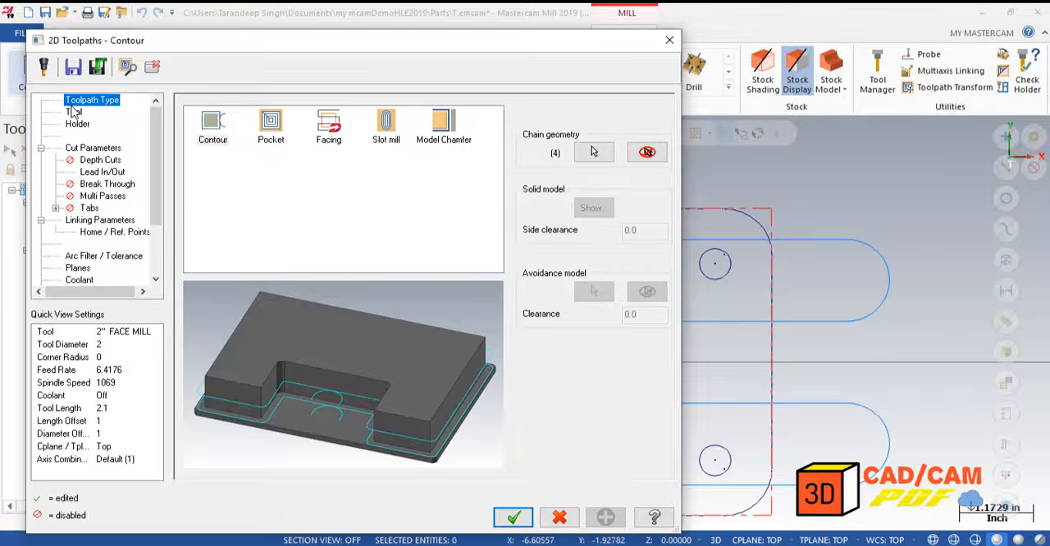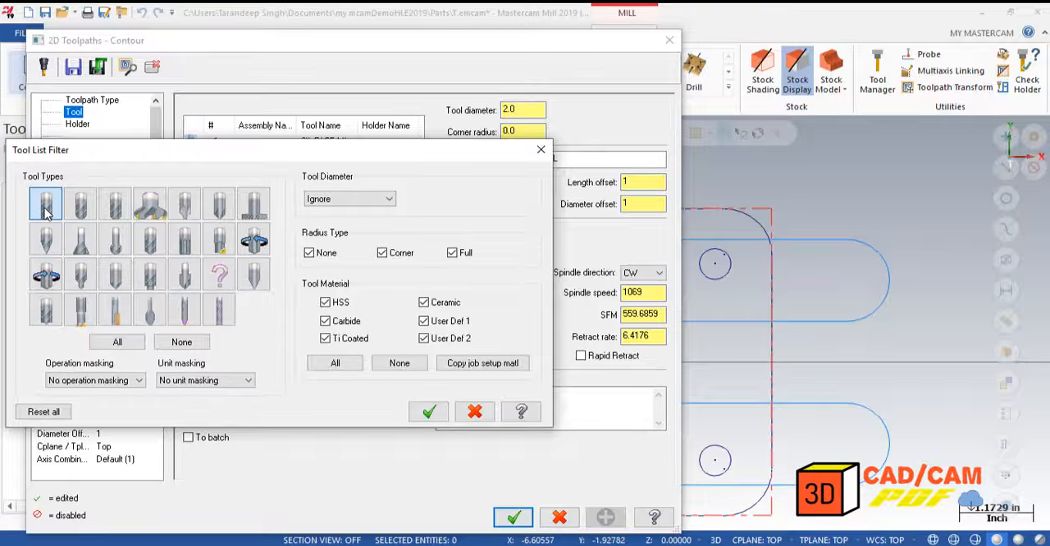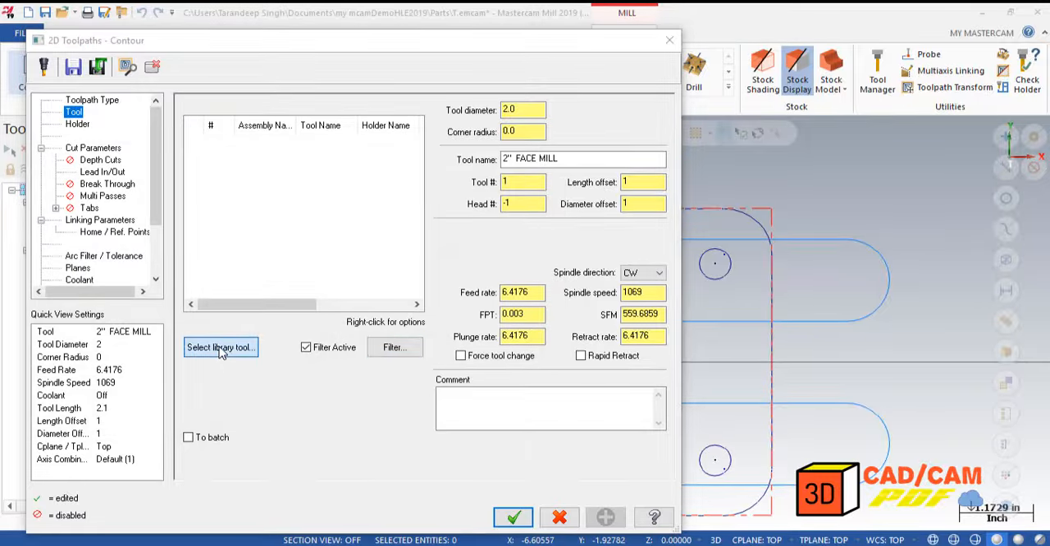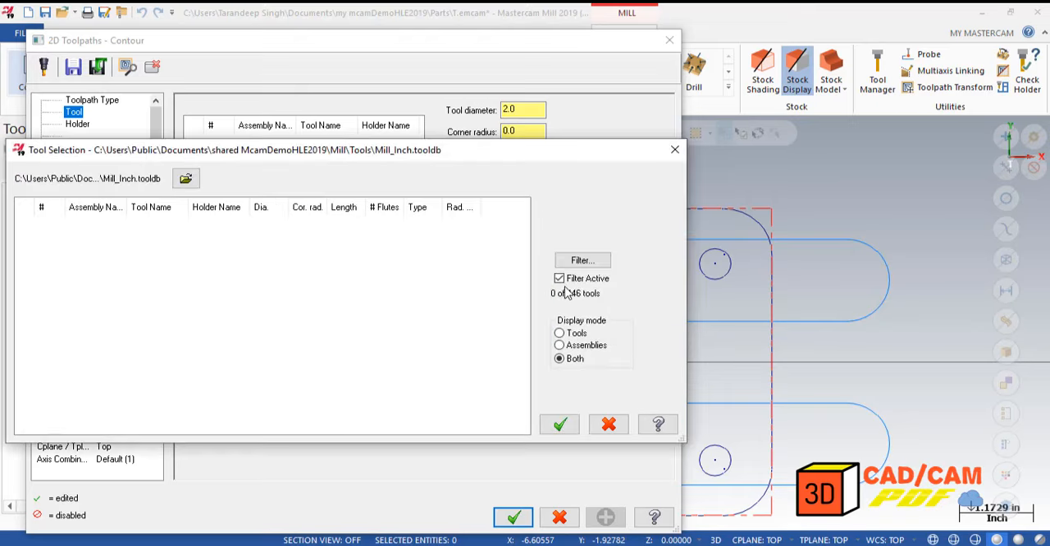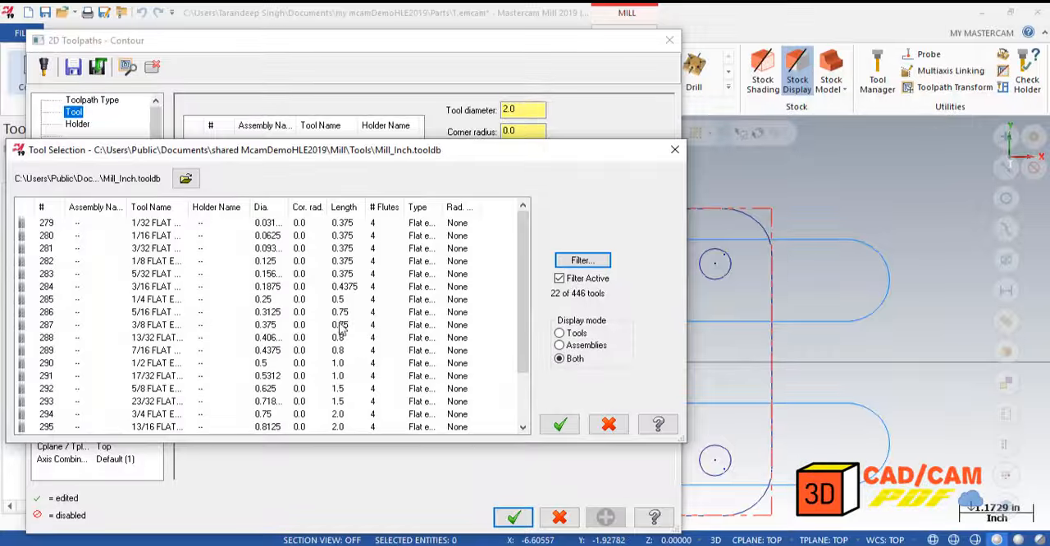For now this one you're gonna go to tool. We are gonna use a half-inch end mill to cut the edges. So you're gonna go to filter, click on end mill, OK, then select tool library. So it's gonna filter, end mill, click. So half inch end mill,